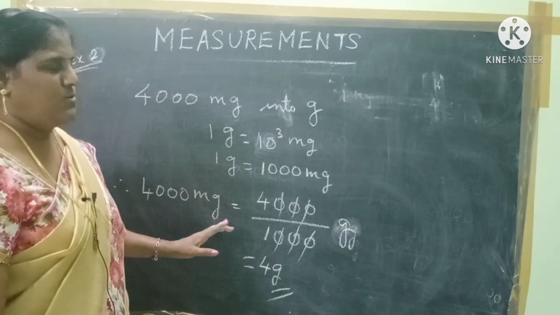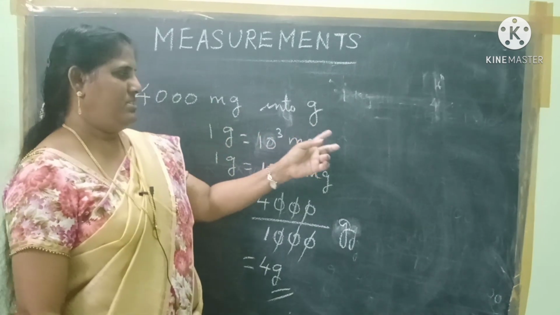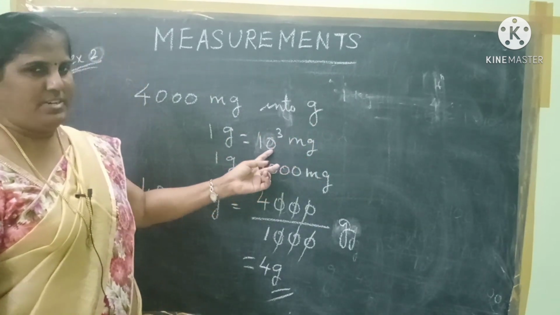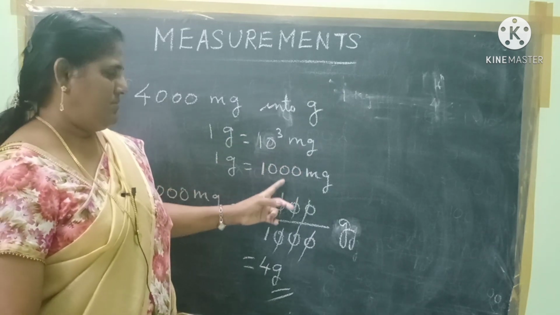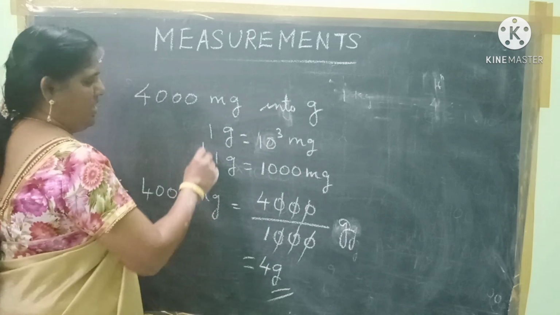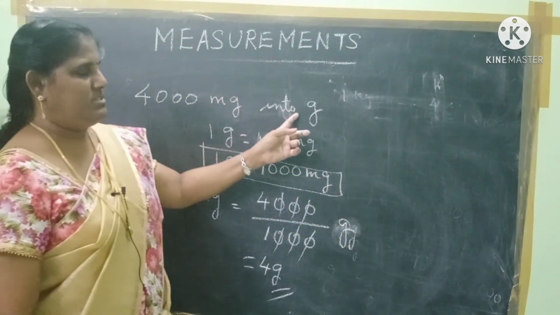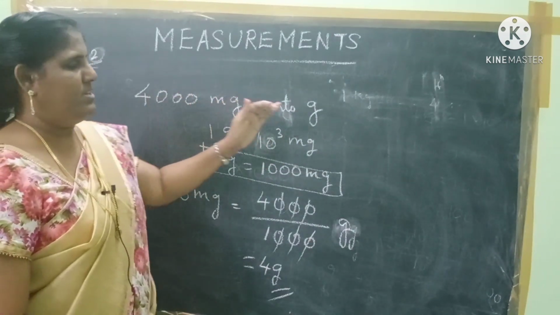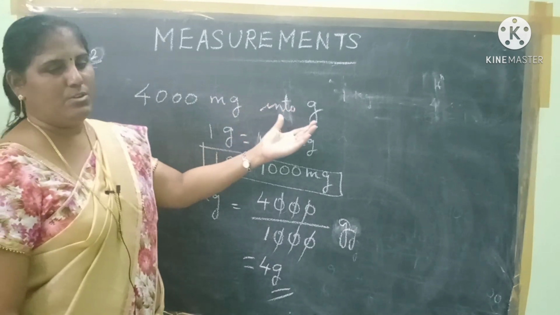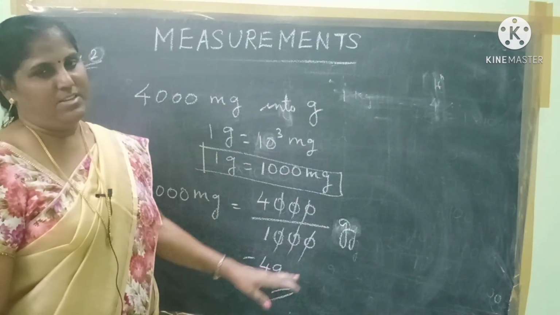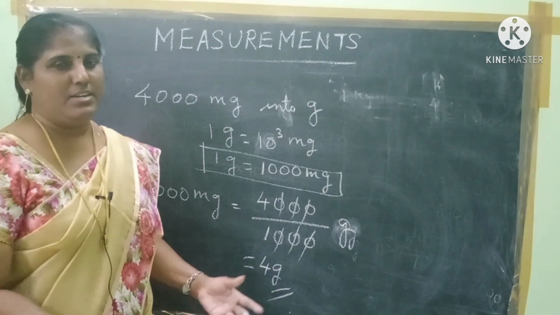Okay, this is the rule. Whatever is given, first of all you find out the power of tens from the table. From how many powers will come, then form the formula. After that, if it is smaller unit to bigger unit, you should divide it. Bigger unit to smaller unit means you should multiply the given number. That is the rule. Okay, let us see the next sum.